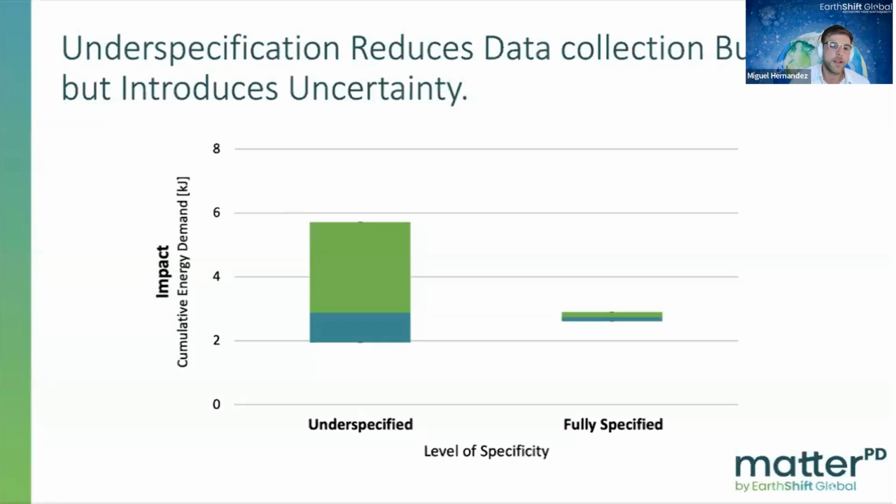That's true. But theory shows, as can be seen in this slide, that in more than 90% of the cases, a fully specified result is within the interval of confidence that is set by the under-specified assessment. So you're not just doing a random analysis, you are setting some sort of boundaries for your result. And based on that, you can start making decisions in order to refine your data, refine your model, and get a more accurate result at the end of the day.